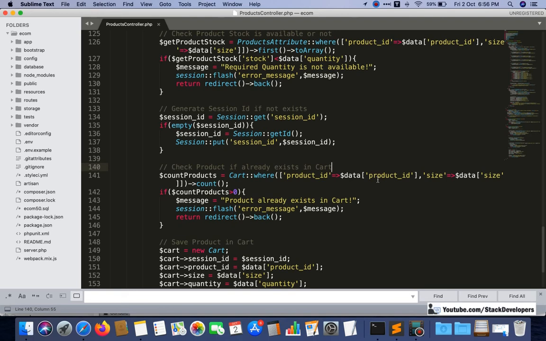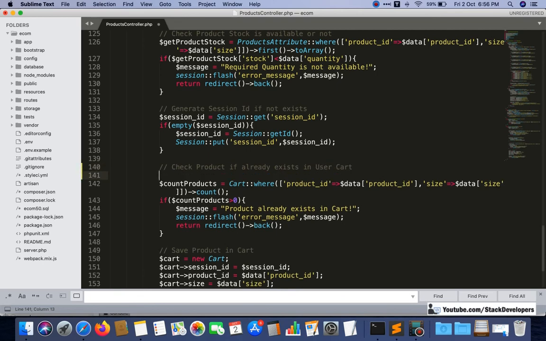I'm going to write: check if the product already exists in user cart, and here I'm going to check if in case the user is logged in. Suppose that the user is logged in, then it means the auth is working.